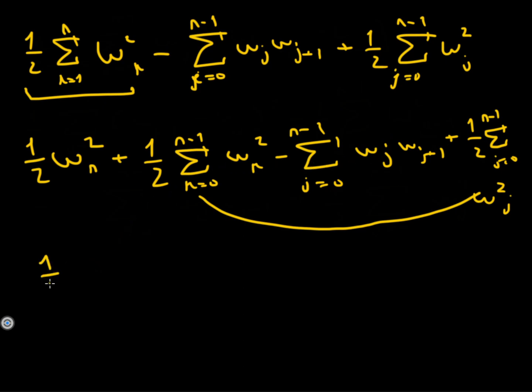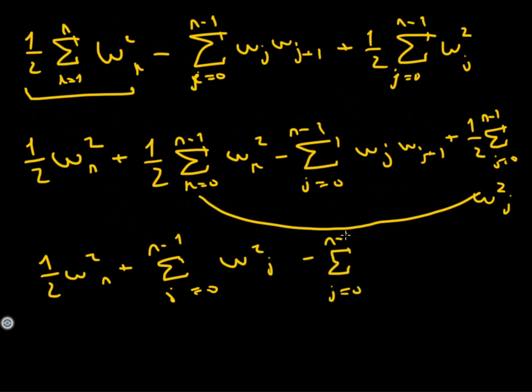So what we'll have is then 1 over 2 wn squared plus the summation of j equals 0 to n minus 1 of wj squared minus the summation of j equals 0 to n minus 1 of wj plus 1. Okay,